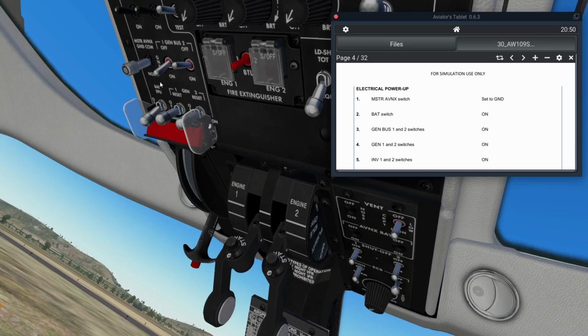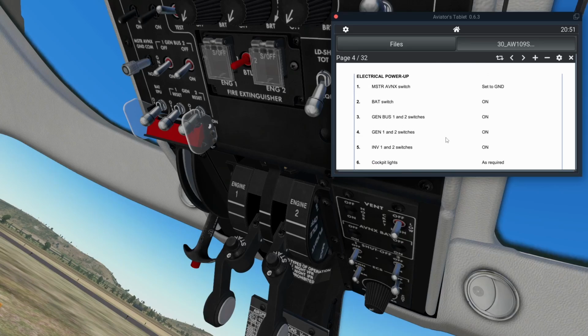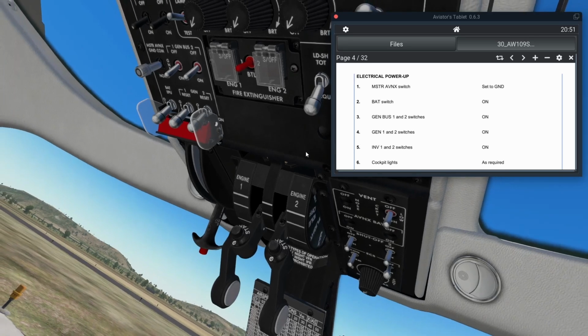Gen bus here, 1, 2. Gen 1 and 2 on. Gen 1 is here. Gen 2 is here. And then we have the inverters 1 and 2. Inverters is here, 1 and 2. Okay, cockpit lights. So